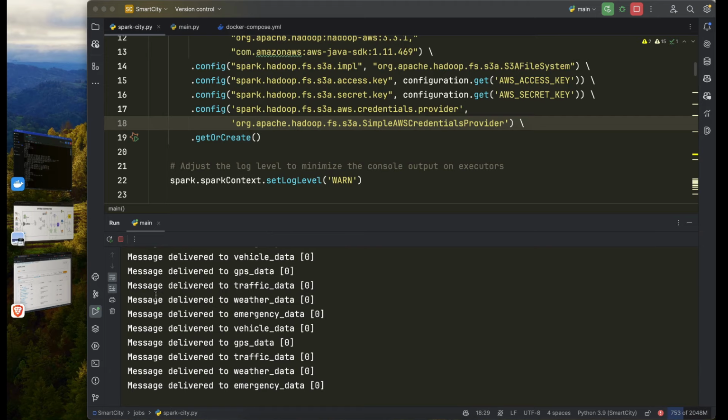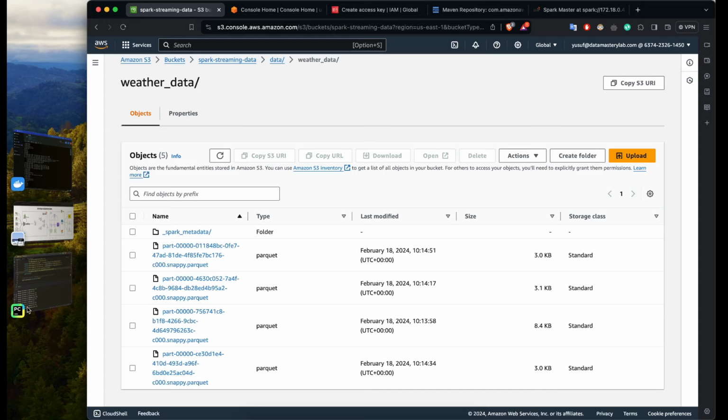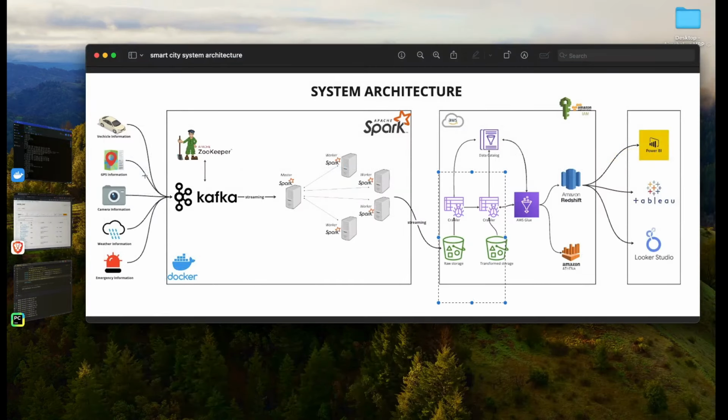All right, so let's see how that looks. Now, while this is ongoing, the next thing for us: we are streaming data into S3 directly as it is coming in from our IoT devices. It's going straight to our S3 lakehouse, which is good. So the next thing we want to do now is have a transformation. If you look at the architecture we have, we said once the data comes in